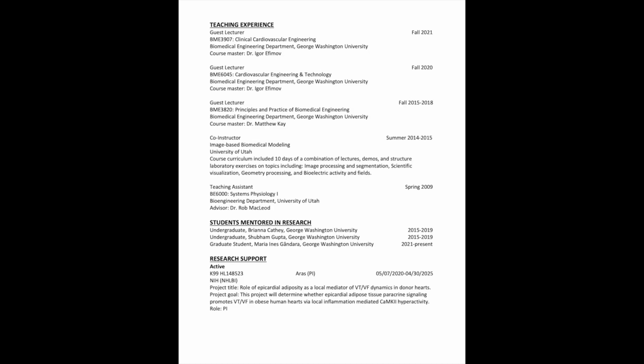Any honors and awards you may have, any publications, including manuscripts in submission or review, as well as published manuscripts, any patents you may have been part of, any invited book chapters you may have written or co-authored, teaching experience, any courses that you may have TA'd or participated in as a guest lecturer, any mentoring of undergraduate and graduate students that you may have done as part of your postdoctoral training or pre-doctoral training, any grant support you may have, funding that you may have achieved through your postdoctoral or pre-doctoral training,